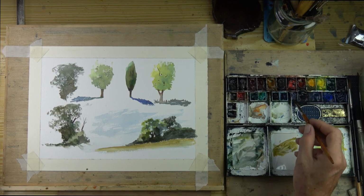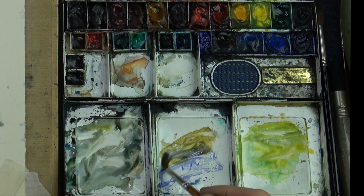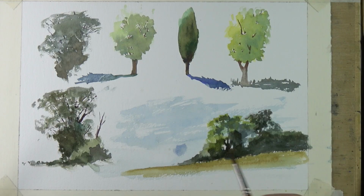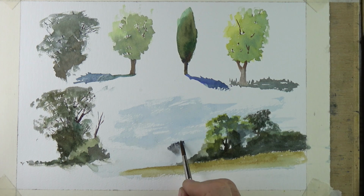Now I could have done the area of the distance quite happily. I'm going to put in a little bit of violet just to suggest that there are some trees way back. A little bit of violet, a little bit of green into there, made by adding some yellow, and I want to cool them off, so a little bit more violet would be good. The yellow is great and it will take it away from the pure purple, pure violet, but I just wanted to suggest that there are